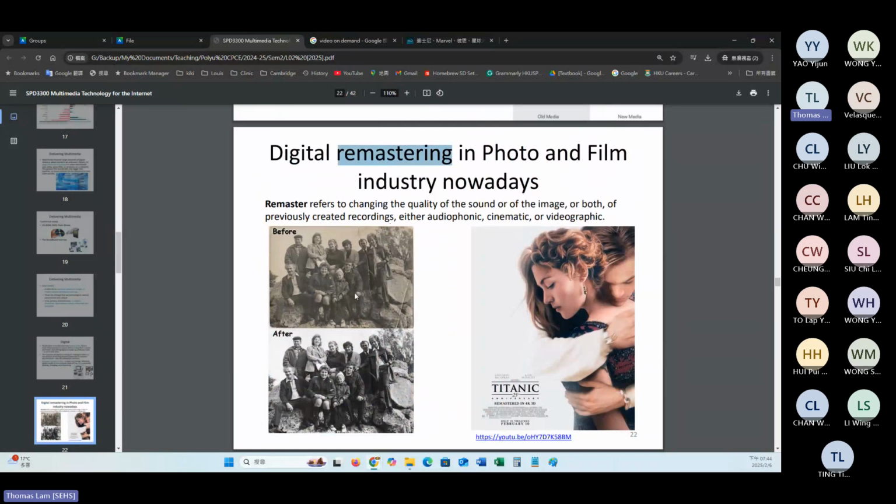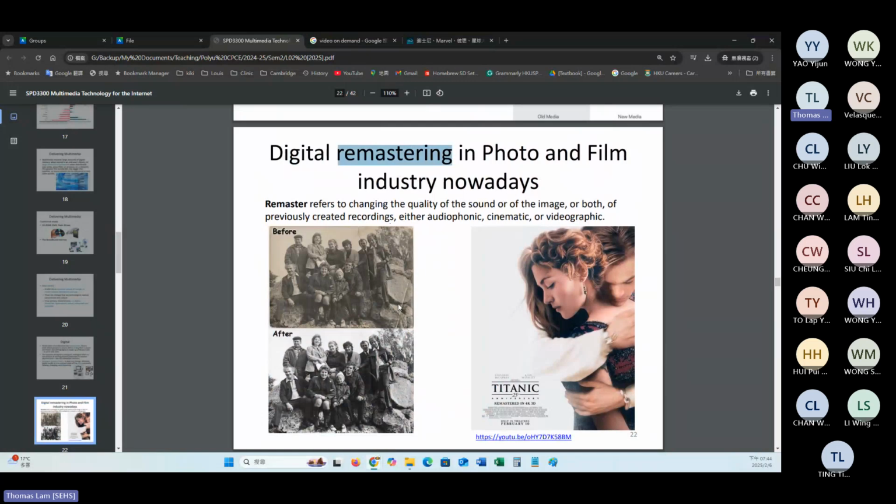If you look at the photo at the top, that's an old photo taken in the past. But at the end of the digital remastering, the photo becomes clear and has a high degree of contrast.